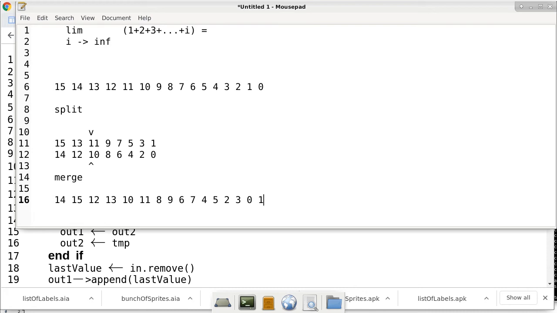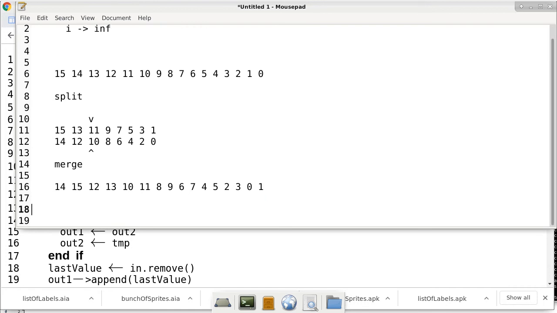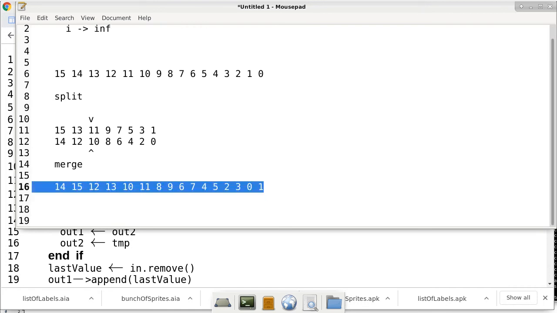Is that okay? But what are we seeing here? Now, it's still terrible, right? It's still terribly out of order. But we can see that there are only 8 runs, as opposed to the original, which has 16 runs, each run with only 1 element. Now we have 8 runs, each run has 2 elements. Is that okay? So the next step is to look at this, line 16, as the input tape,